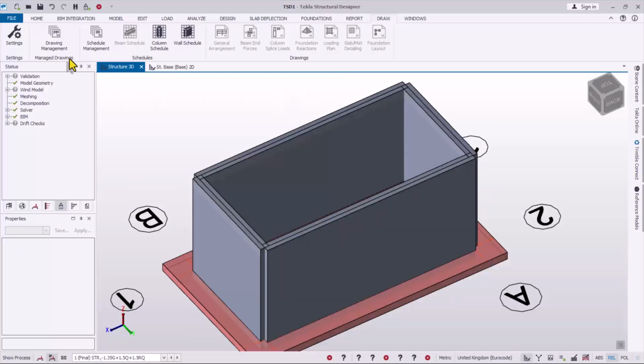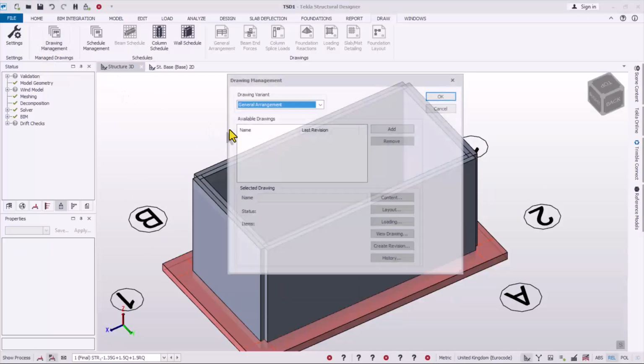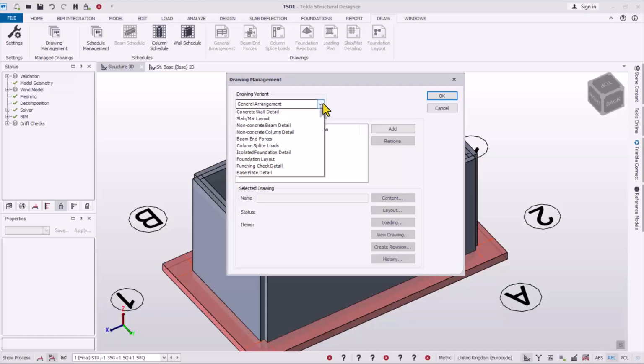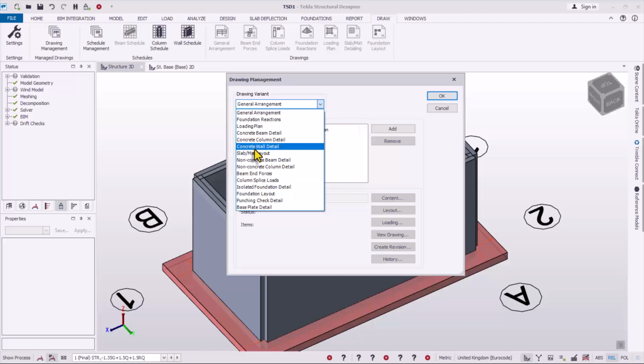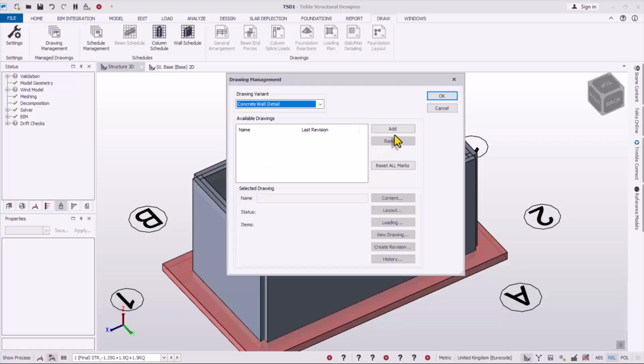In this provision, you get to this drawing management. Click right there. So you need to select the type of drawing you wish to view or you wish to produce the detail. So for the case of this project, we'll be looking at the concrete wall detail. Select it right there. After we click on add to add it in this provision, just like this, and then come to where you have